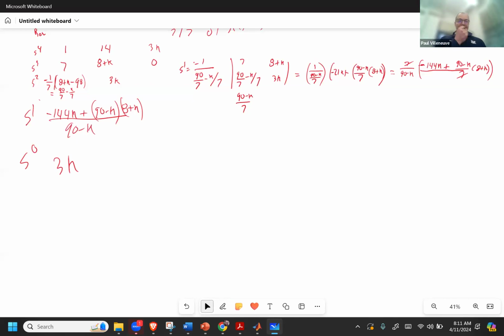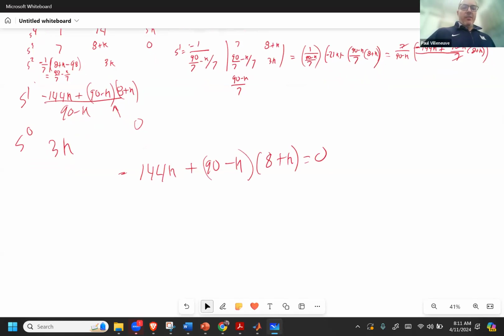All right, so now all I need to do is make this a row of zeros. And if I do that, what I see is once that I have this value of k that makes that go to zeros, then I can steal from over here. So all I need is 144k negative plus 90 minus k times 8 plus k. That has to equal 0, right? So let's see. So I got to expand this out. So 8 times 90 is 720 minus 8k plus 90k, k squared, and this is minus 144k. That equals 0. So I have 82k, so I have